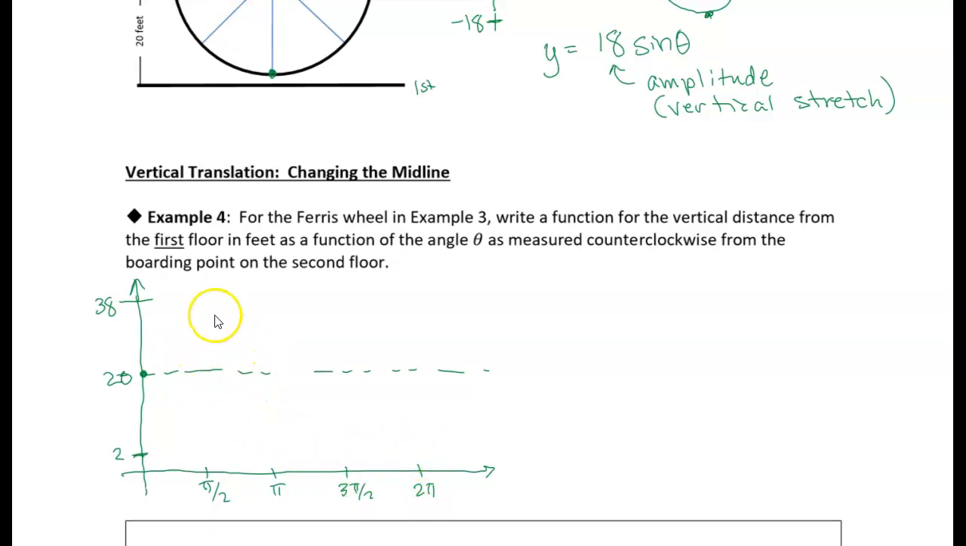All right, so when we're up at the top of the Ferris wheel, that's 90 degree rotation, or pi over 2, and so we're at 38 feet above the first floor. Then we come back down at 180 degrees, or pi radians. We're back at 20 feet above the first floor. And then at 3 pi over 2, that's when we're down at the bottom of the cycle, and we're only 2 feet above the first floor. And then we come back to where we started. Okay, so this is what our